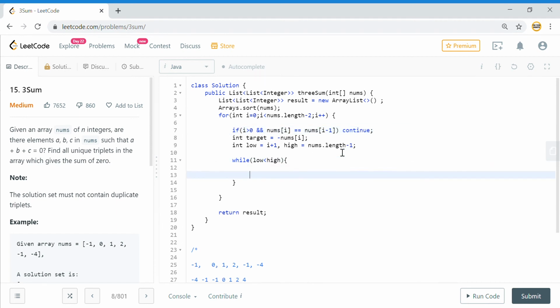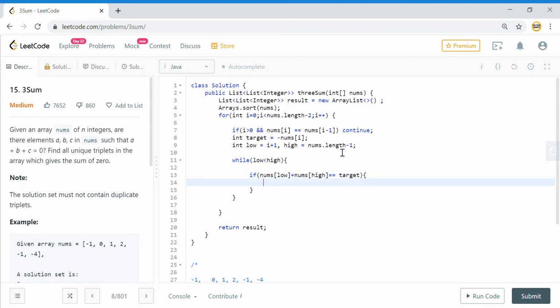And when I come to my while, I will say that if nums of low plus nums of high is equal to my target, then I have found one triplet, so I need to add it in my result. In my result I will add Arrays.asList. This is the nuance of Java because I'm using Java here.